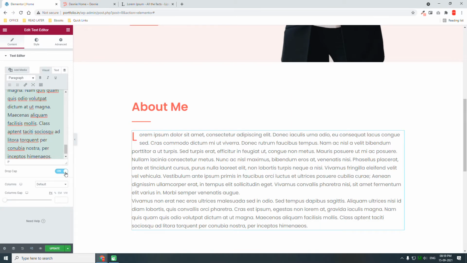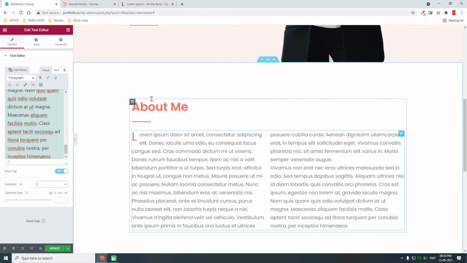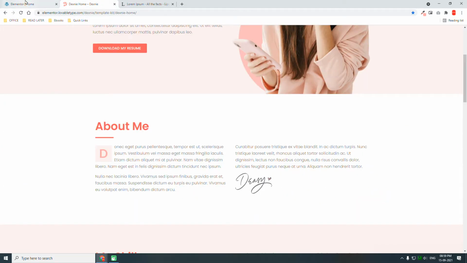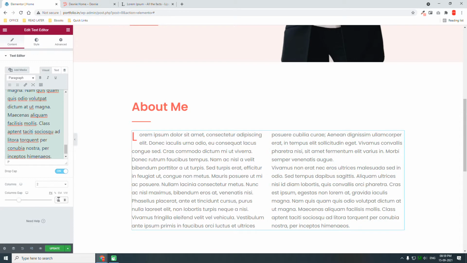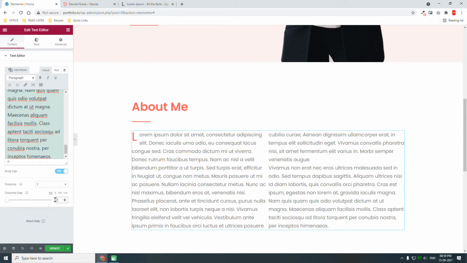Drop cap enable. Okay, and column, 2 column, and column gap about 30 pixels. We can even try 50 pixels. Okay,